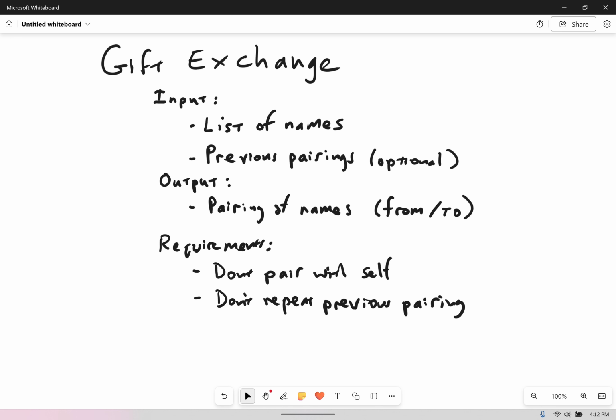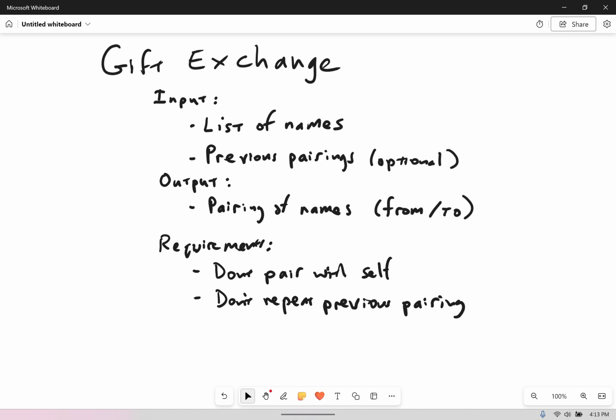So now we can maybe think a bit more about how exactly you will run this program, and what form these inputs and outputs will take. For example, maybe the list of names and the previous pairings could be the same thing, right? The previous pairings already include the names. We only need the previous pairings, and we can infer the list of names from that. So this is where you think through scenarios a bit more, of what's going to happen and what different things can arise. And that maybe would rule that out because, for example, maybe the